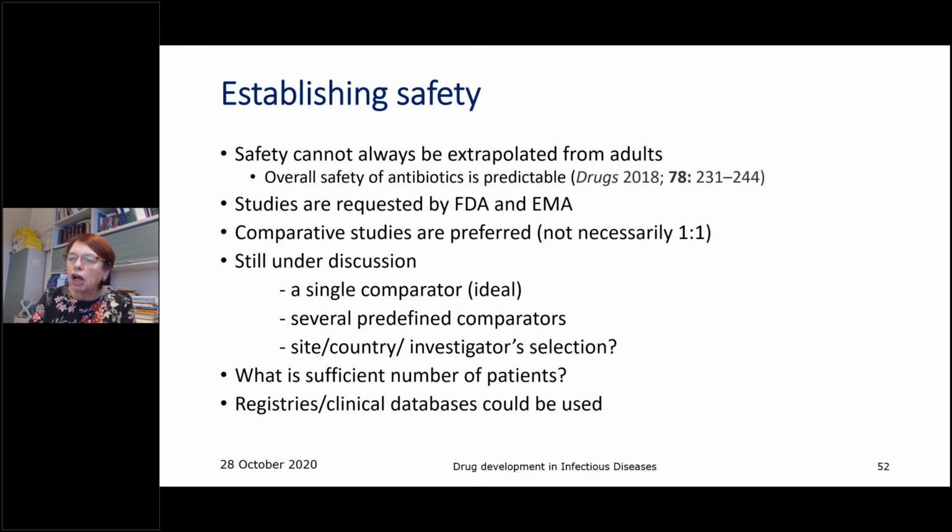That does not really show you the safety concern if they are not extremely common. And more nowadays, we need to explore possibilities of using registries or clinical databases in order to observe safety after the drug is already on the market, or after the drug is already given a limited indication in pediatrics. I think that these are unused resources at the moment, because every hospital nowadays has electronic health records, and this material is completely unused in terms of drug development.